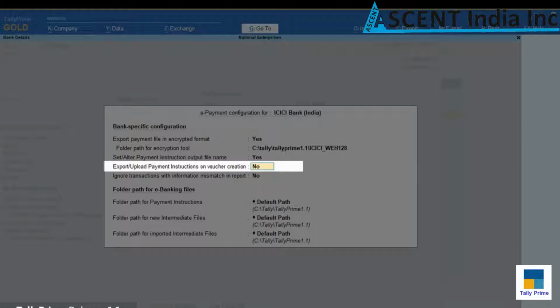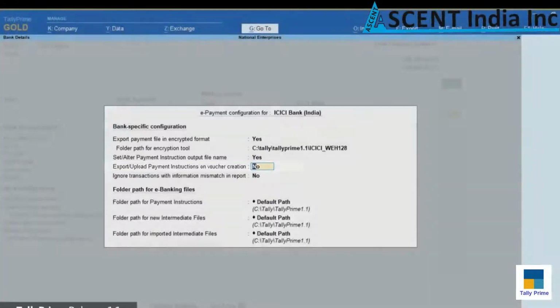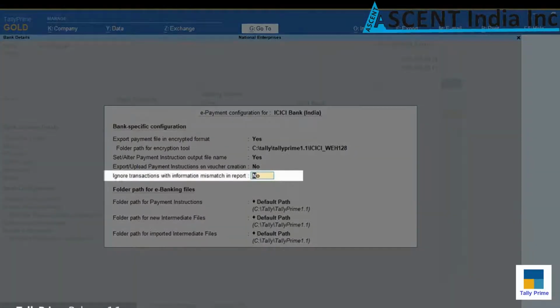However, if you want to export payment instructions at the time of voucher creation, set it to Yes. By default, Ignore transactions with information mismatch in report is No. Setting it to No will move the transactions to the Transactions with Information Mismatch with Masters section in the e-payments report if bank details entered during the voucher creation do not match the one provided in the bank details of